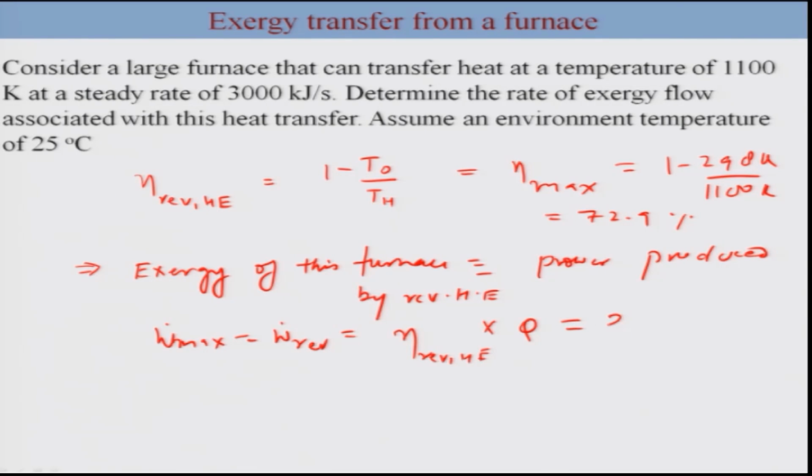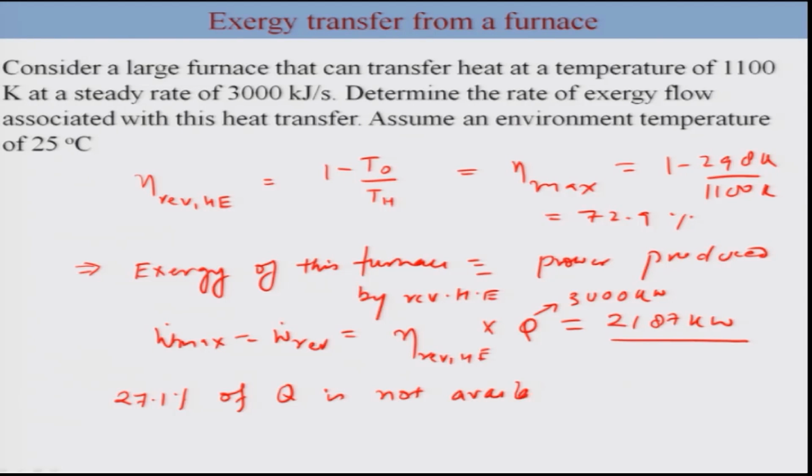This turns out to be 2187 kilowatt. So, this particular maximum work is basically the amount of work that a reversible heat engine operating between the furnace and the environment can produce. So, in other words, the remaining 27.1% of Q is actually not available for doing any work. So, this would become unavailable